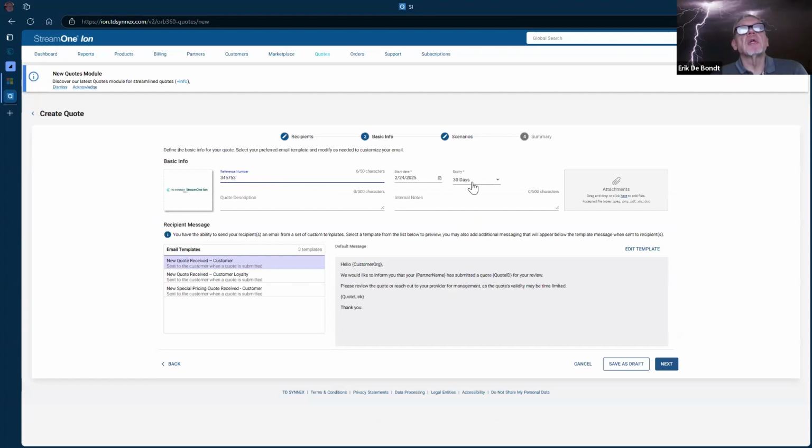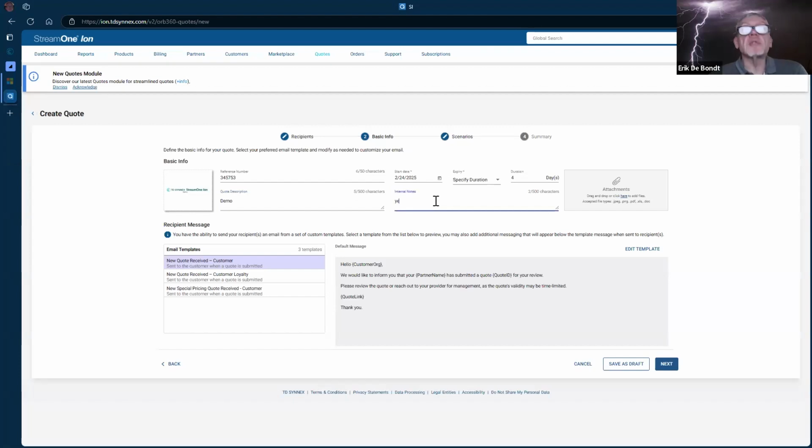Also very important, because if you make a quote and the quote is accepted, you will use the price on the quote to make the purchase. So again, yearly, monthly, you make a specific price. If the customer accepts it after the 1st of April, you will use the prices in the quote. So be careful. We always advise to do it till the last day of the month, which is 4 days from today. So basically, my quote will stand for 4 days, and it will expire without any further notice. Quote description, demo,